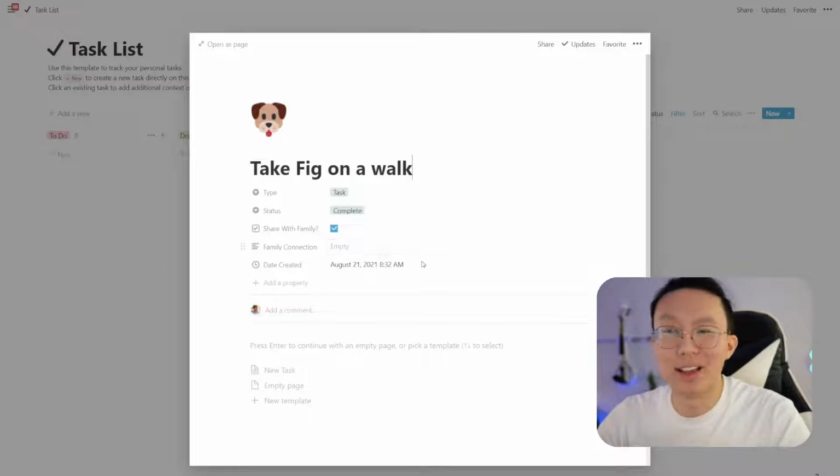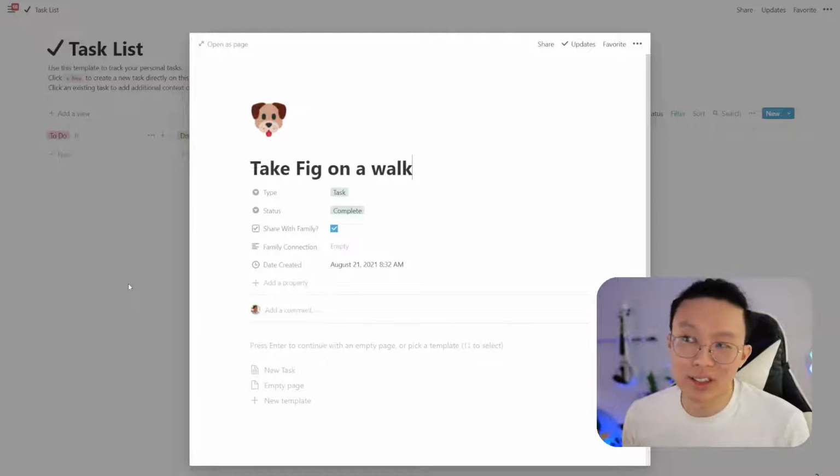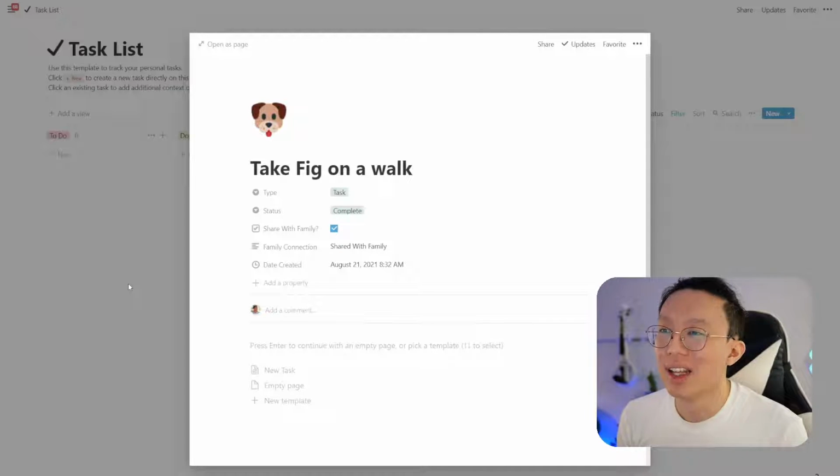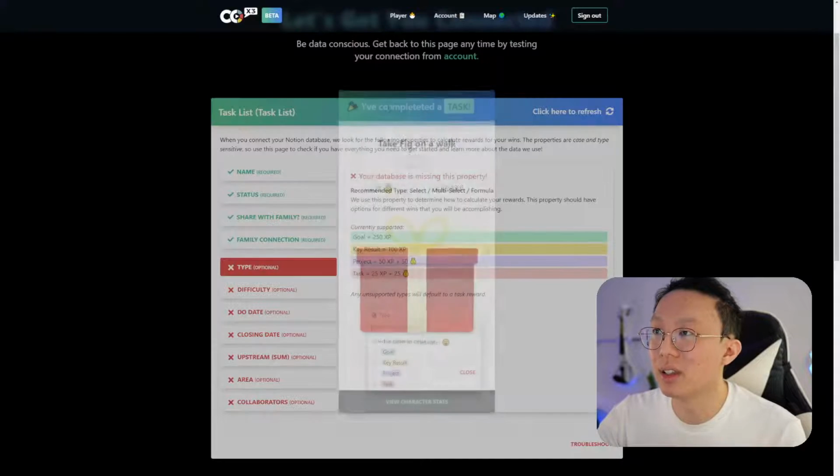Again, this will take a little bit of time because we're just initializing the account, but usually you just hand it in, you wait for the win to come in, and if you have the mobile app or you have the website open, it will just pop up. So let's see, share to family. Let's see what happens.